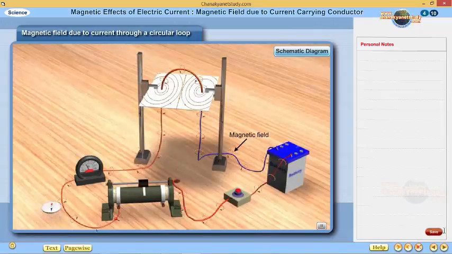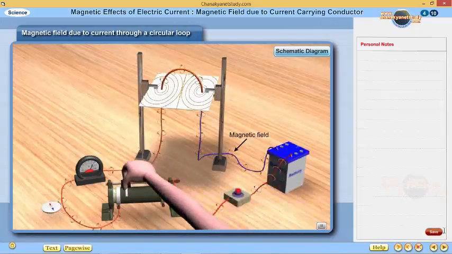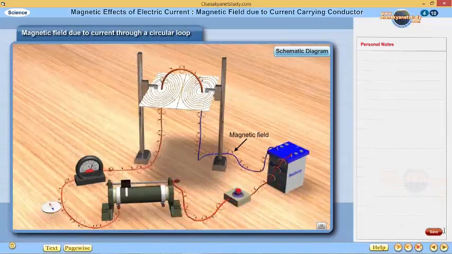In the figure, we see that every loop forms concentric circles. These circles become larger as we move away from the wire. At the center of the loop, the arc of these circles would appear as a straight line. That is, if the current passing through a wire is less, the magnetic field is small. If the current passing through a wire is large, the magnetic field is large.